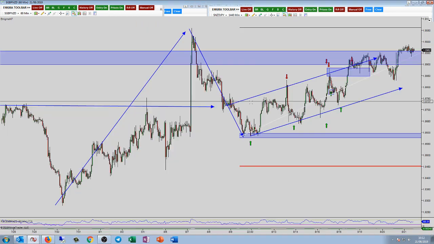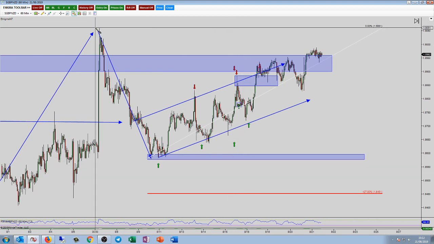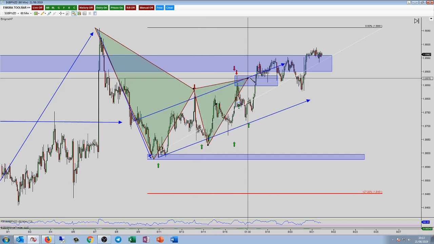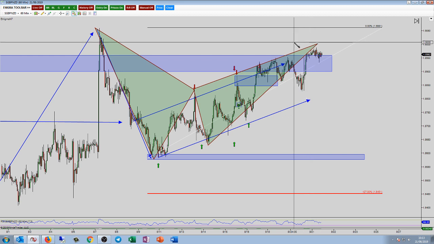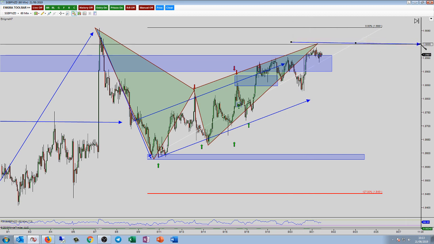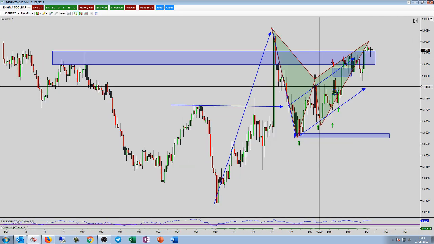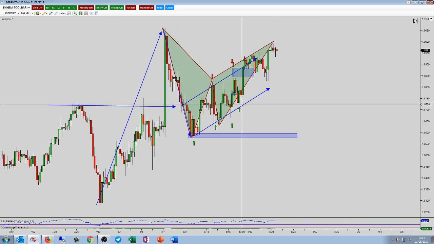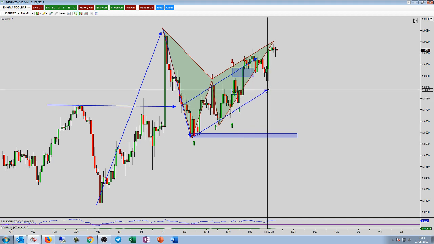Pound New Zealand. We do have this big back pattern. X to A to B, B to C, CD completion is up here at the 9,000 psychological number, and if you go to the 240 time frame, we are actually within this channel. I'm just going to redraw this out.